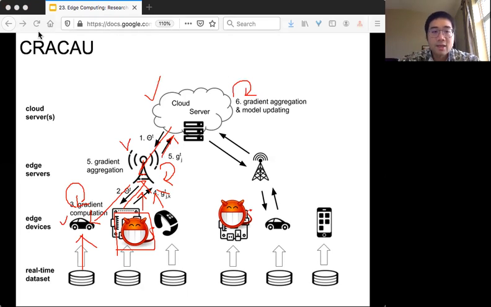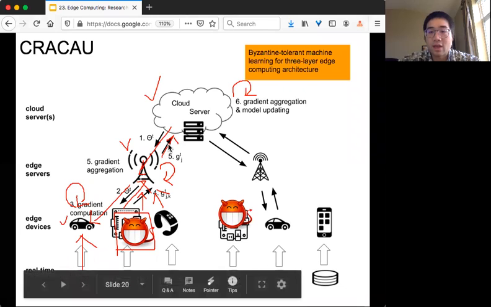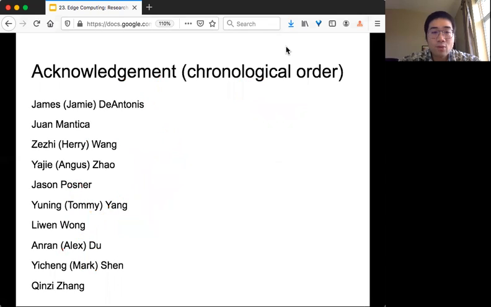This framework is very popular, but in previous research, people have not looked at how to tolerate Byzantine failure in this case. We formally prove that our solution can tolerate Byzantine failure and also works in this three-layer edge computing. We also implemented our prototype to train on different datasets to show that it actually converges.